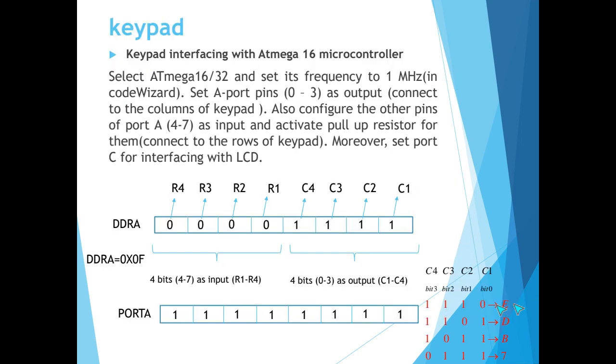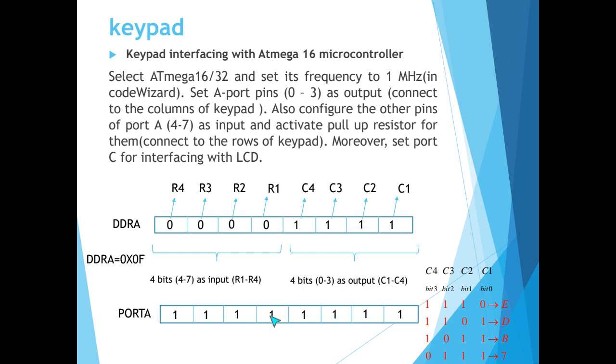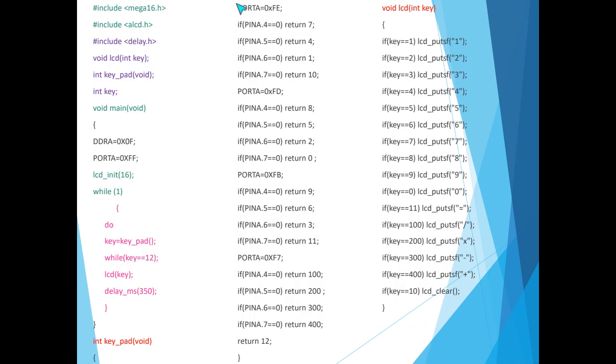I'm starting from the first bit, making it 0. Then we will have PORTA equals 0xFE, with F because we didn't change the values related to the 4 upper bits related to input pins. Only I'm changing the first bit of the register, which is related to output pins. So PORTA is equal to 0xFE,